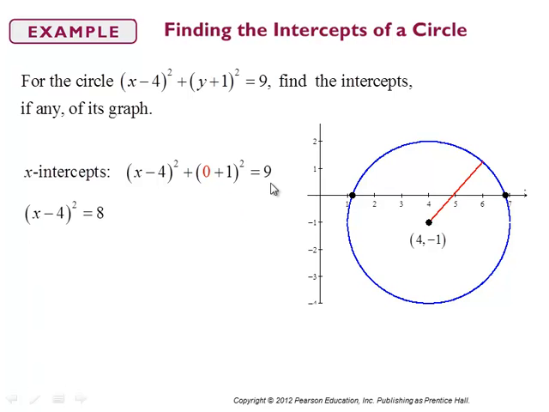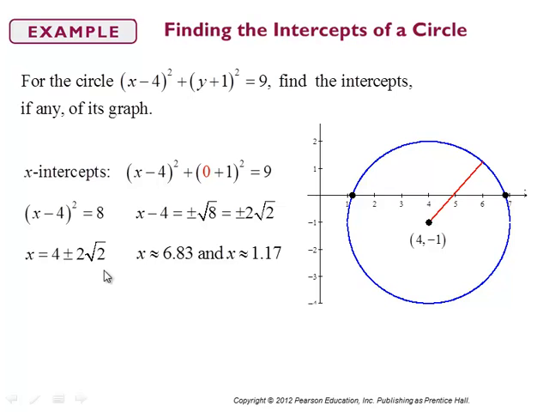And then you subtract 1 from both sides. So now you have x minus 4 squared is equal to 8. And then take square roots of both sides. That means x minus 4 is plus or minus the square root of 8, which is plus or minus 2 root 2. And then solve for x by adding 4 to both sides, so that you now have x is equal to 4 plus 2 times the square root of 2, and 4 minus 2 times the square root of 2. So those two x values will give